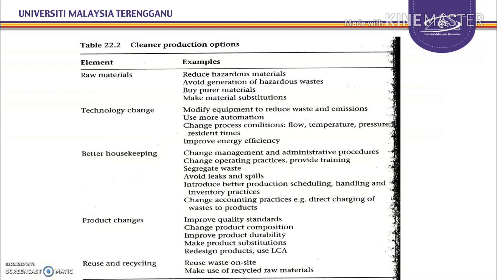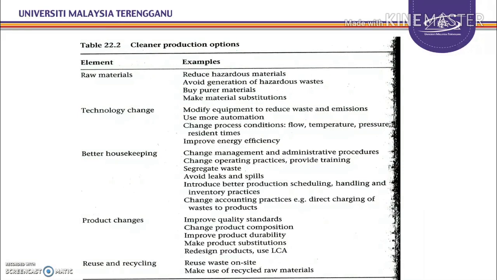There are so many options in cleaner production. So this table shows the items that can be considered when you want to implement cleaner production in any element of the manufacturing process. So it is important to identify a range of production areas, opportunities and projects for assessment, and within a particular project, identify several options for implementation. So initial assessment can assist in prioritizing projects to identify which have the greatest potential to achieve initial success